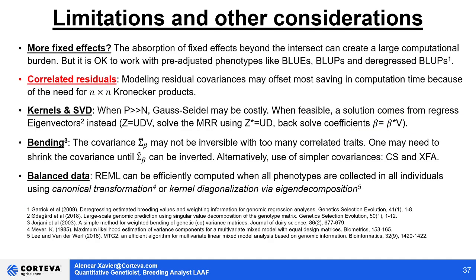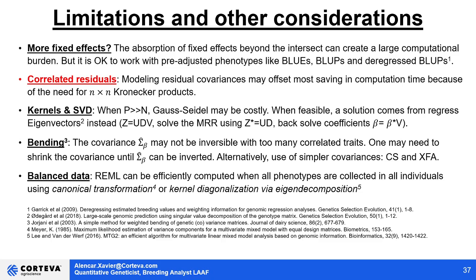So, limitations and other things to consider. For the simple implementation we made available and described in this manuscript, we just use a method where the intercept is the only fixed effect, and that's when the methodology works at its fastest. That being said, having more and more random effects does not increase the computational cost of our method by a lot. It just means that we have to run an absorption of the fixed effects prior to running the model, so it may increase by a few seconds, but that is regardless of the number of markers